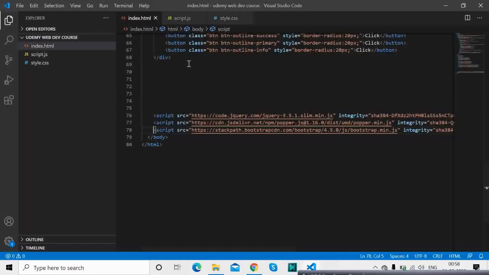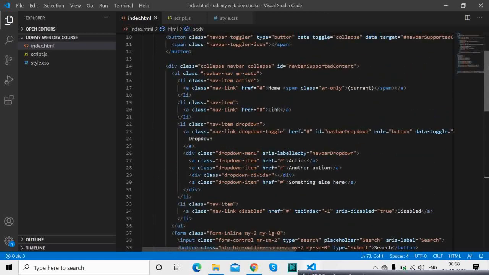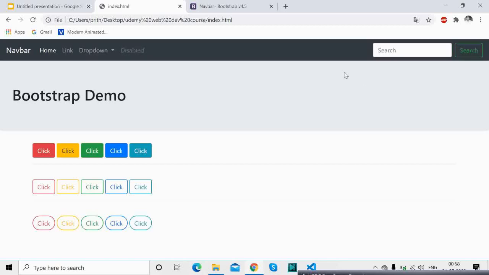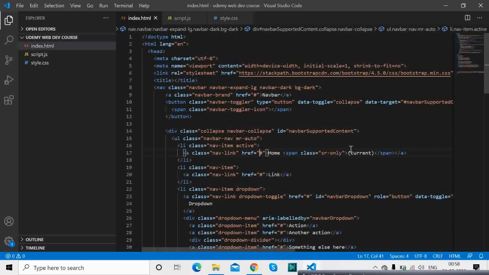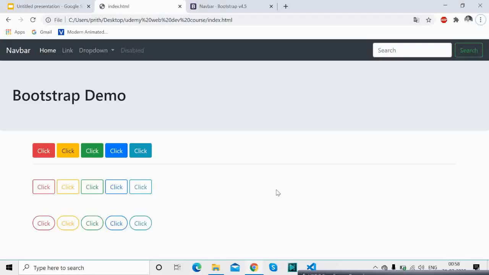Now Bootstrap also provides some classes. Okay, like this, if you want to change the color of the navbar, what you can do is change it to dark, and there you go. You have this navbar. You can also change this button color if you want to. For that, here is the button, and you see you have success, so you can make it light. Okay, and you get this white button over here. Here is the search, and this is the basic of Bootstrap.